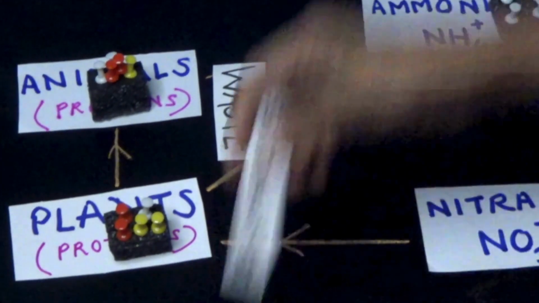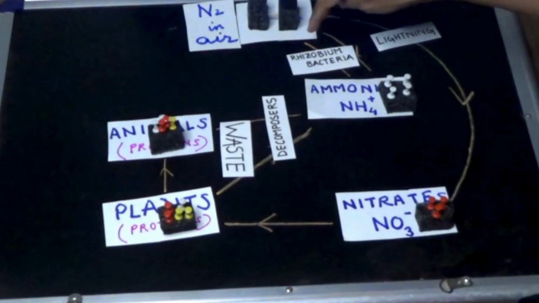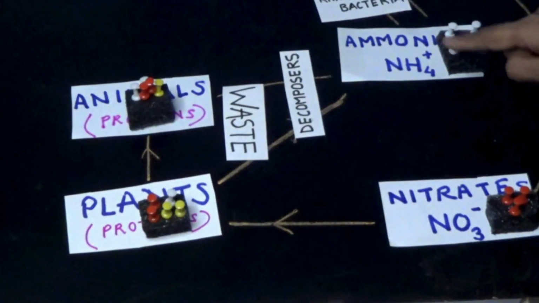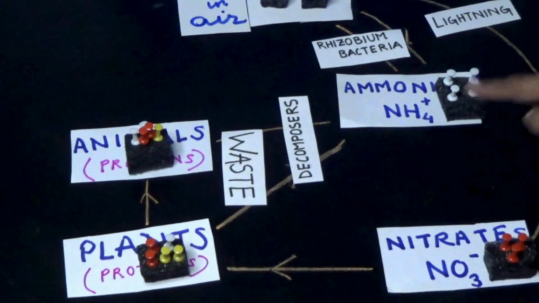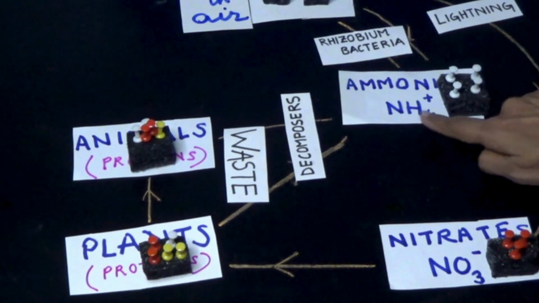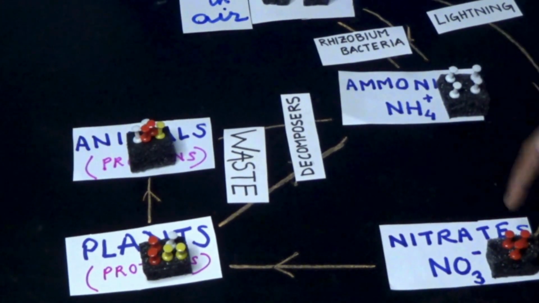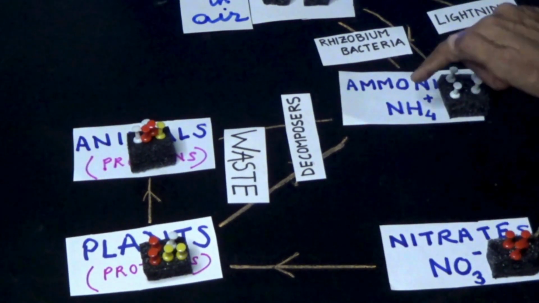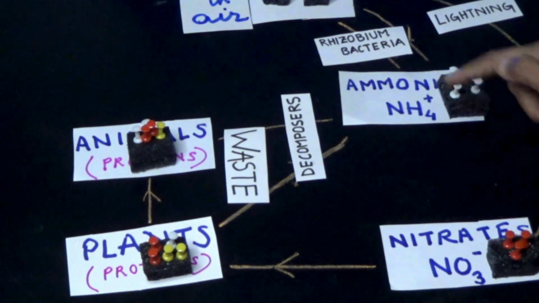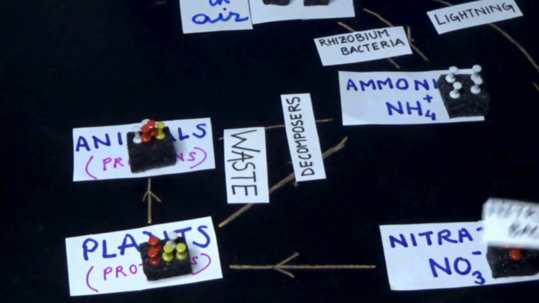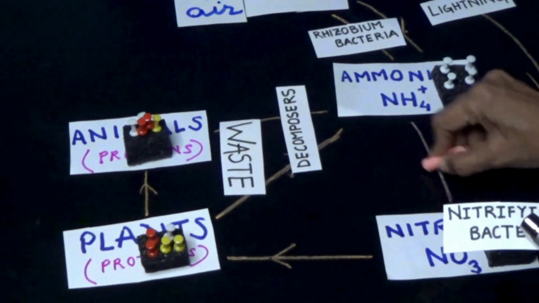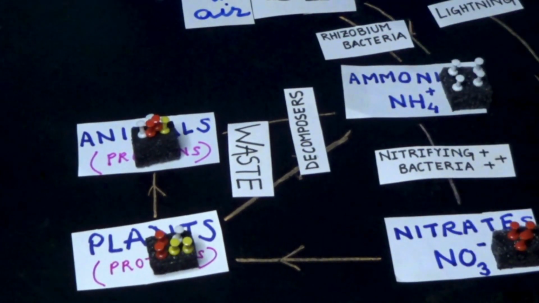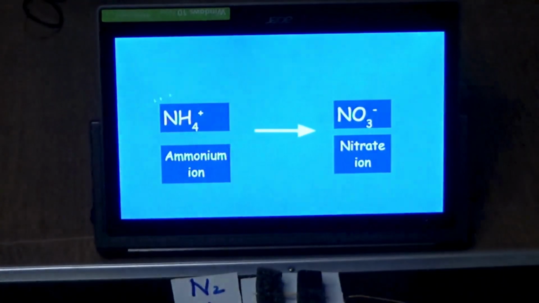So we actually then have ammonium ions through another channel. Now, we have seen that ammonium reaches the soil through two processes. And how will this ammonium be utilized? To convert it into nitrate ions, another type of bacteria work, which we will call nitrifying bacteria. So what is nitrification? These nitrifying bacteria do this process of conversion of ammonium into nitrate, which we will just show you on screen.